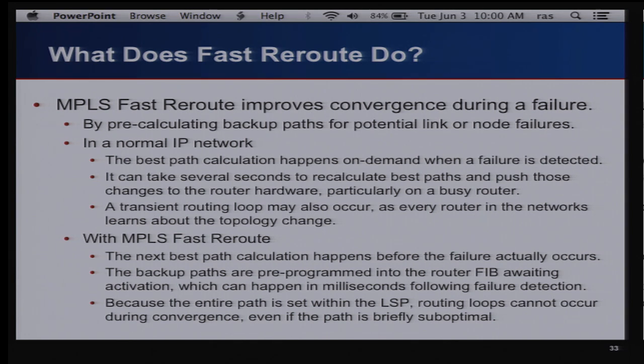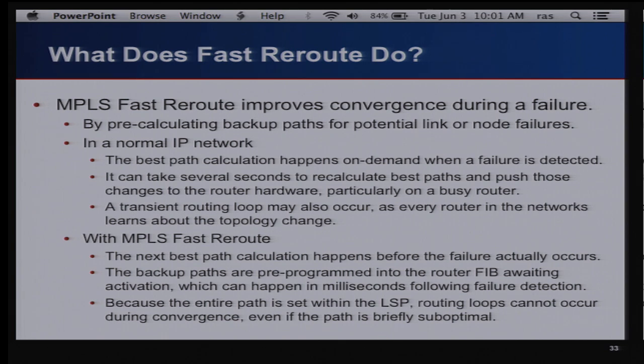So what fast reroute does is it lets you bypass all of that. If you get desynced in an IP network, you can get transient routing loops. You can get router A thinking it's still sending to router B, and router B thinking it needs to send it back to router A, and that can persist for seconds and tends to upset customers. So fast reroute,